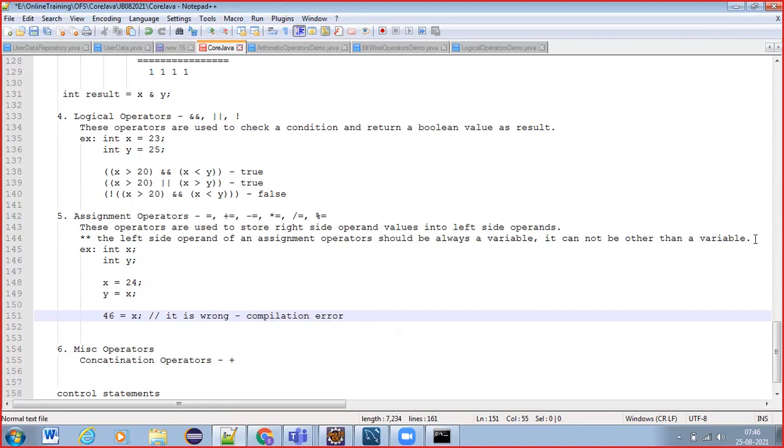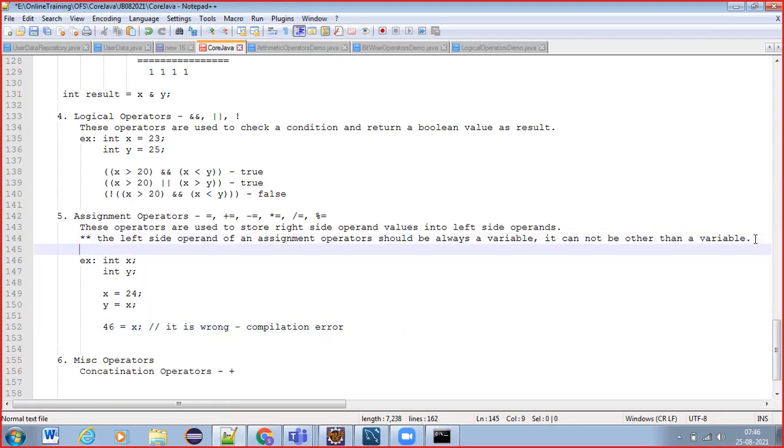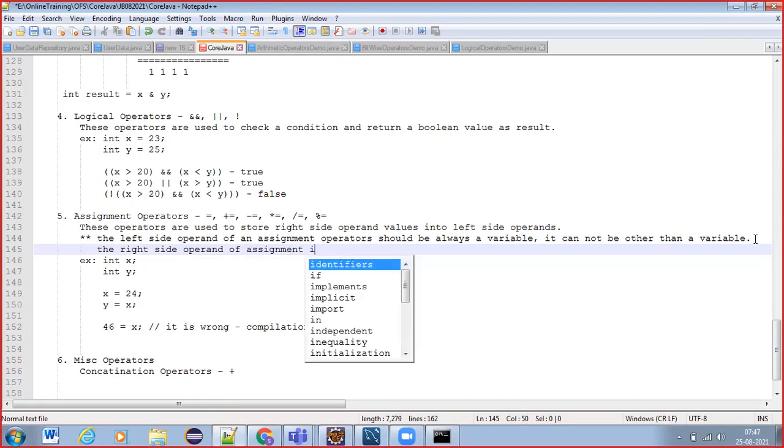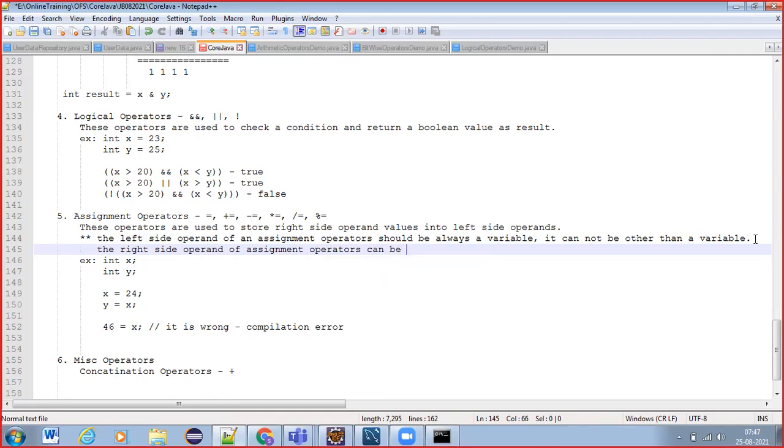The right side operand of assignment operators can be a literal.